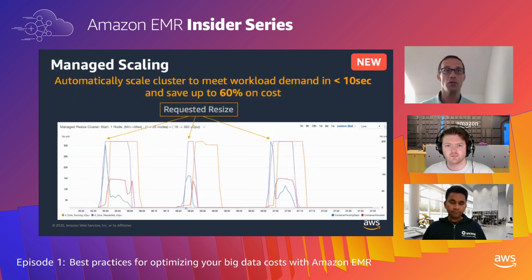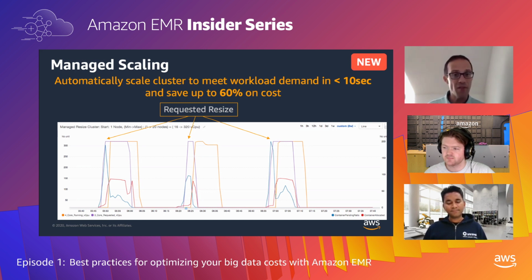The other thing I wanted to talk about, something I'm really excited about, took a little while to get done, but the team has done a phenomenal job putting it together. It's something called managed scaling. EMR already has auto scaling, which is a way for you to configure how you want your cluster to scale up and down based on any number of parameters, like memory, CPU, queue depth, et cetera.